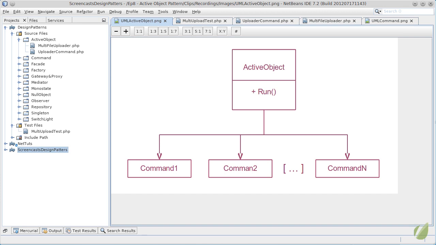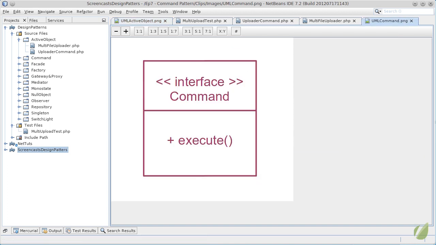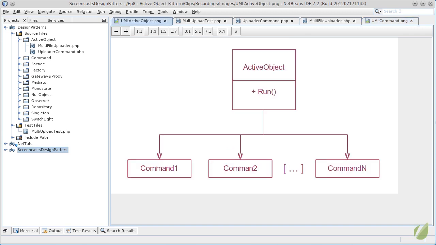Well, the active object pattern is very much based on the command pattern. It has only one method called run, and all it has to do is run each command it has in a linked list. In case you missed our previous episode, a command pattern consists of an interface having an execute method. Each object implementing this interface will be executable by a client. So, if our client is an active object class and we call run on it, it will execute all the